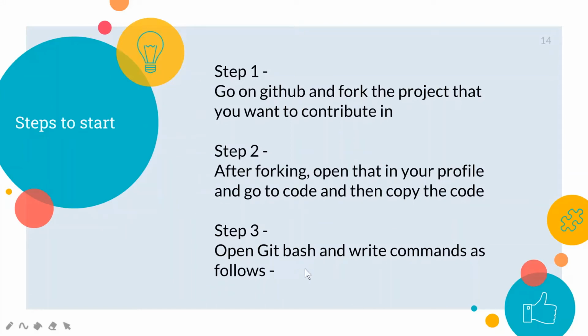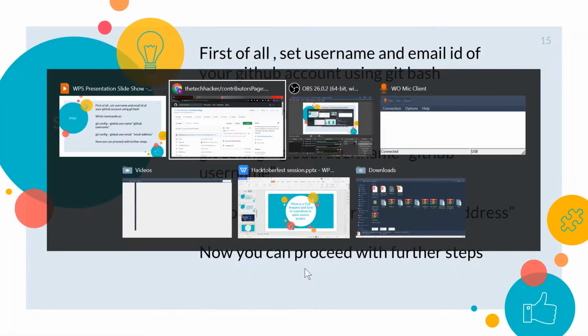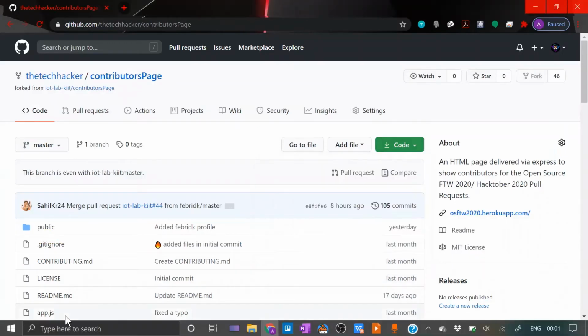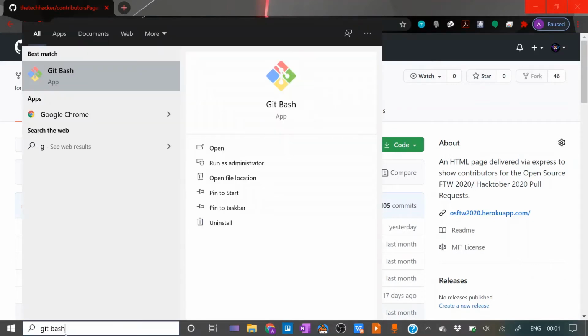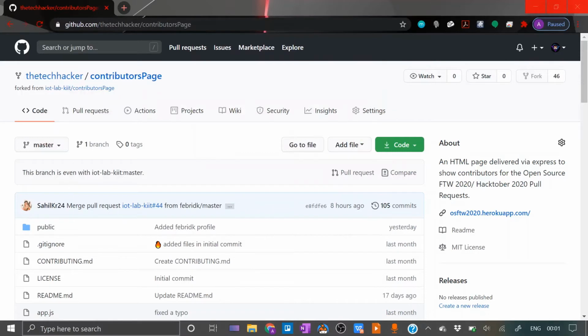After that, you need to open git bash and write the following commands. Okay, git bash. I hope you all have installed git bash. If not, please do install it